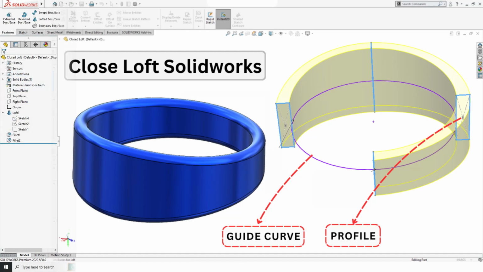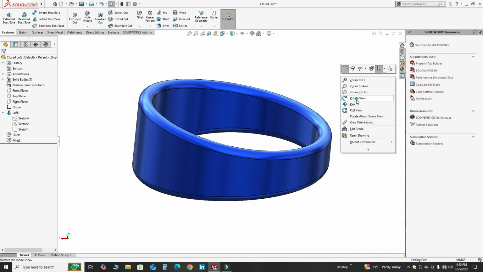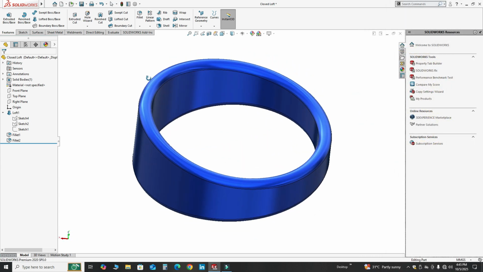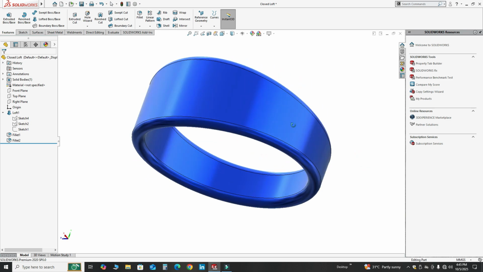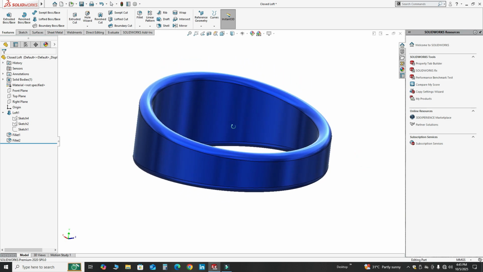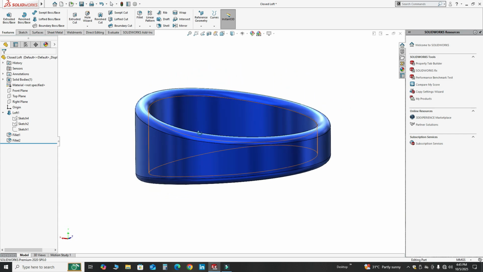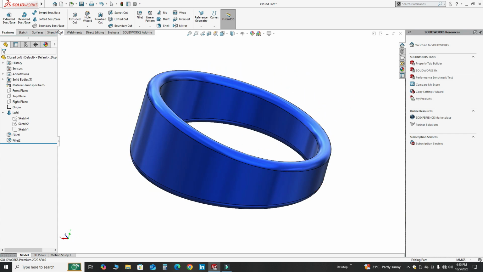This is engr.ibrahim.omer, and in this tutorial we will model this closed loft shape in SolidWorks. I'm using SolidWorks 2020, but if you are using a below version of SolidWorks or a future version of SolidWorks, you can still follow this tutorial. So let's go to SolidWorks,